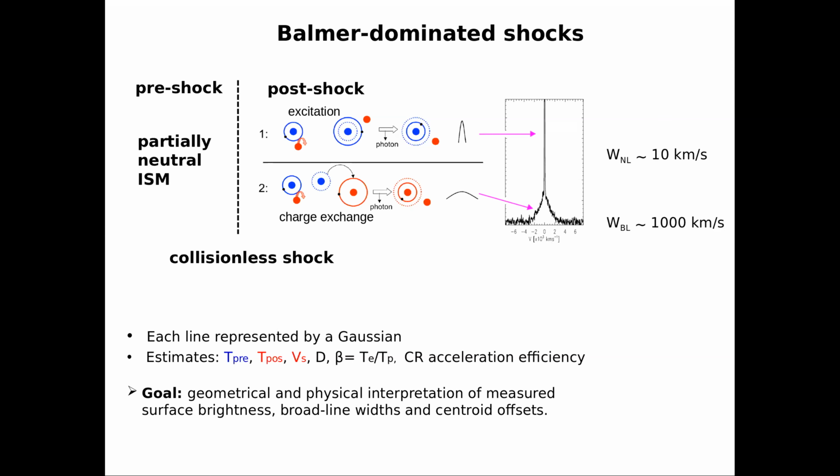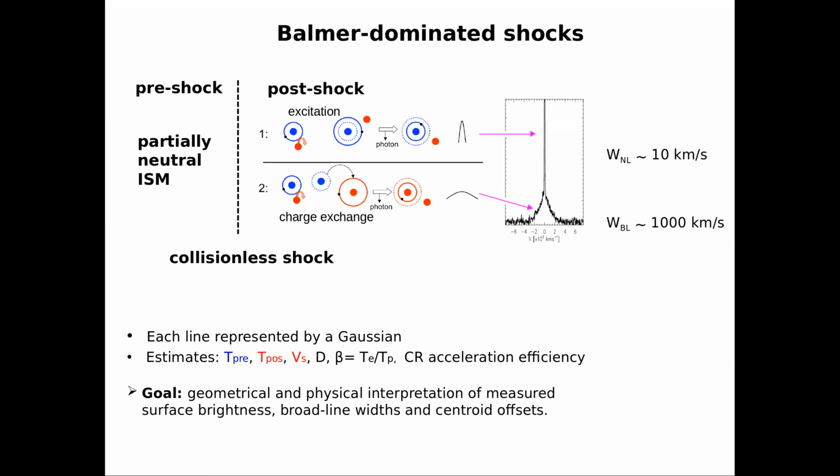For example, if you measure that the narrow line component is broader than the thermal width of 21 kilometers per second, which is defined by the ambient temperature of 10^4 Kelvin, that means that something non-thermal is happening that can broaden the line. Otherwise, a temperature larger than that would leave the medium ionized, and we wouldn't see Balmer emission. Since the energy from the post-shock is channeled into cosmic rays, you expect that the broad line width decreases.